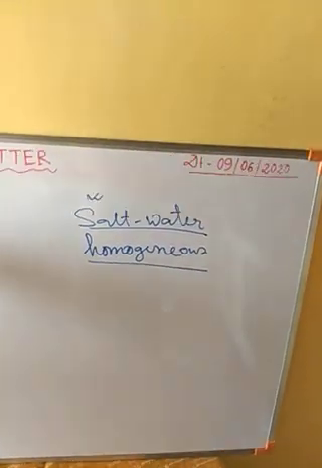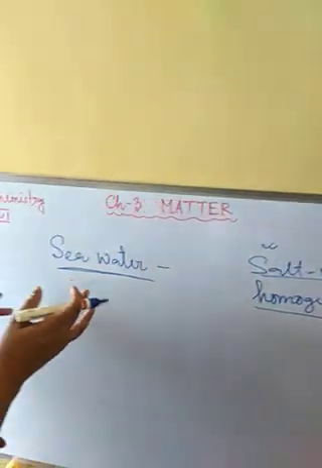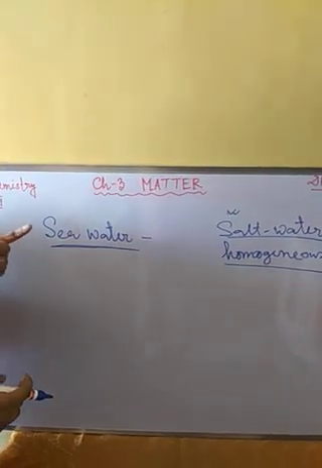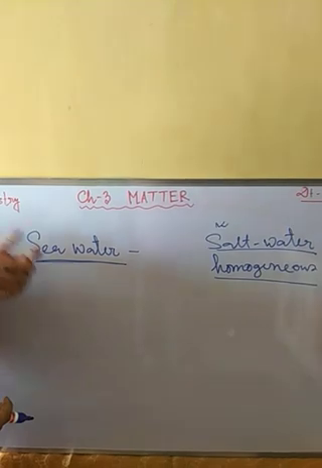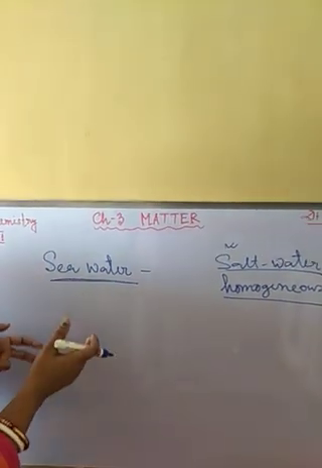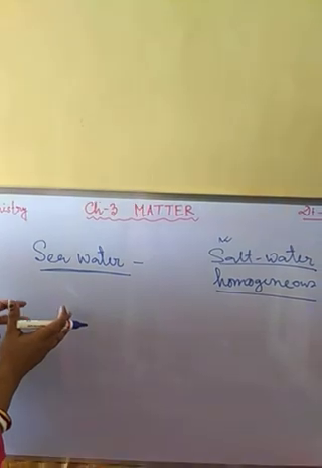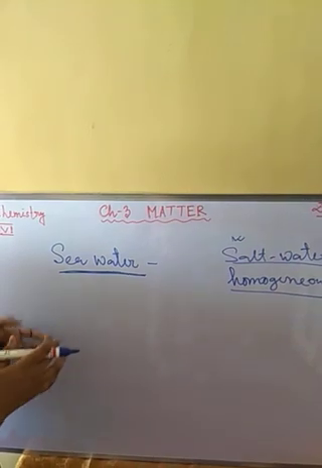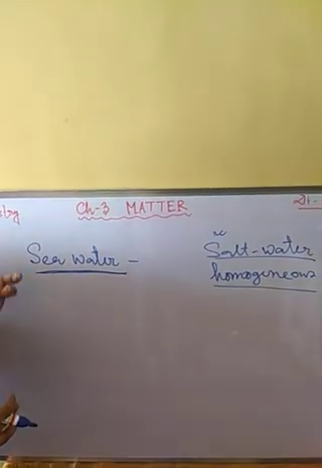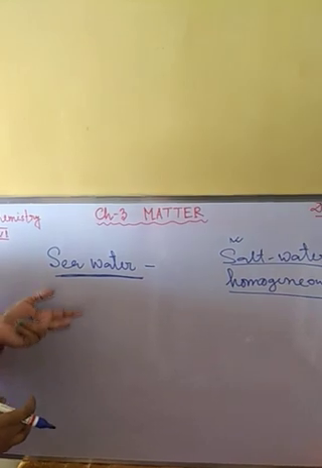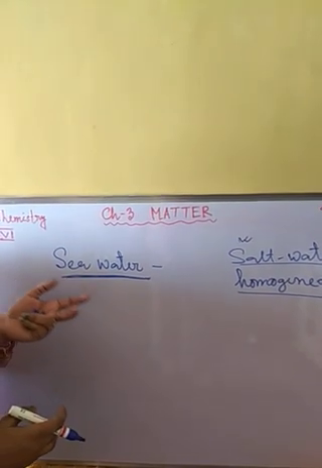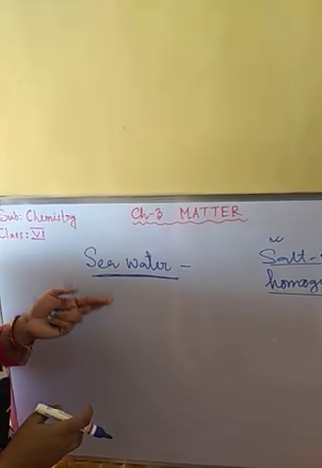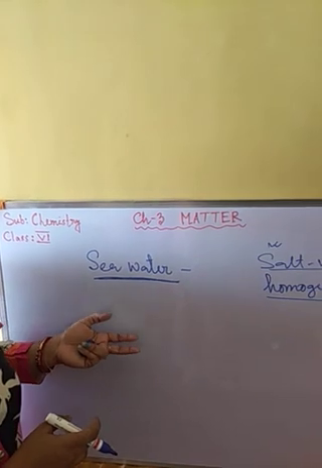But what about seawater? In seawater, many salts are there. Along with salt, there are some mud particles, and decayed plants and animal bodies mixed with seawater. So it's not just salt water. That's why, throughout its volume, the composition of seawater is not uniform. We can see the floating particles of dead bodies or decayed plants and animals separately in seawater, or the mud particles or sand particles, these are also there.